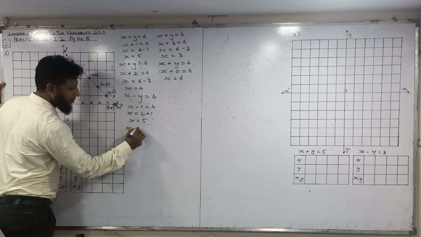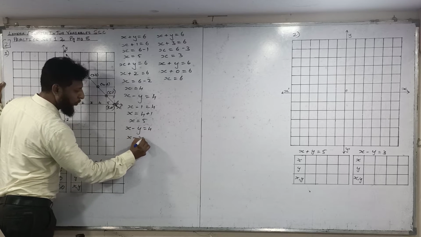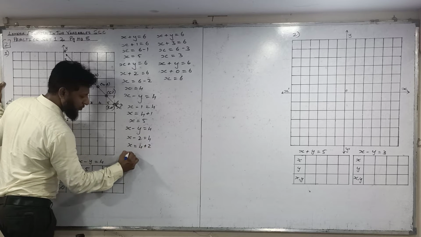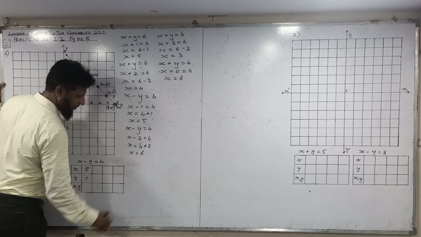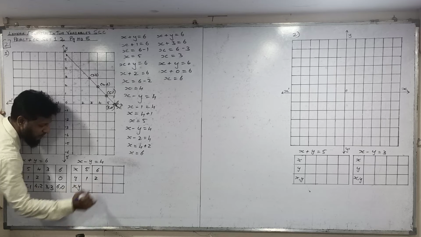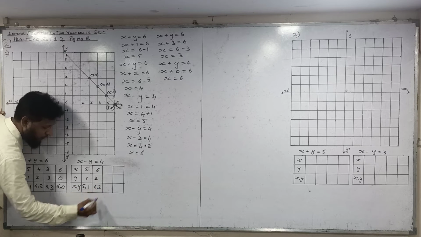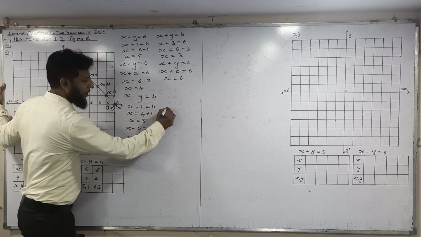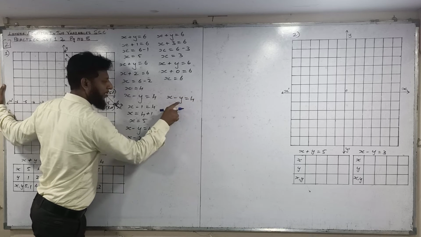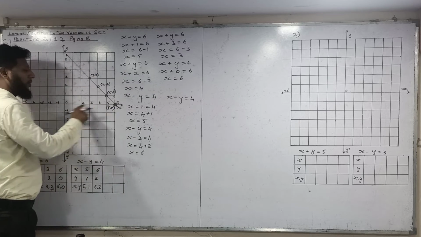So now x minus y again is equal to 4. Now y value 2. So x is equal to 4, minus 2 will go there, plus 2, 4 plus 2, 6. Okay. So when I am taking y value 2, I am getting x value 6. Write the points also, 5 and 1, 6 and 2. Now again write the equation, x minus y is equal to 4. If I am taking y as 3, then it will go there and become plus 3, and 4 plus 3 is 7. So I cannot plot 7 over here.